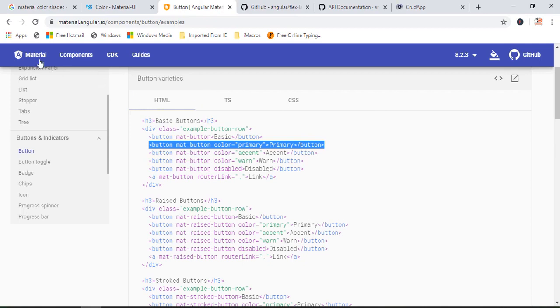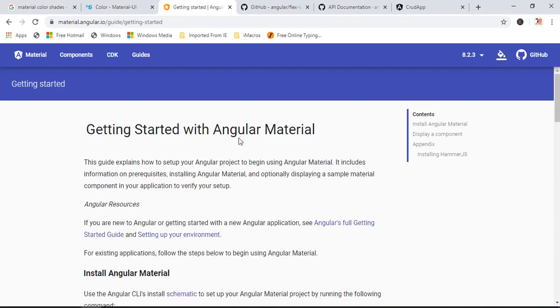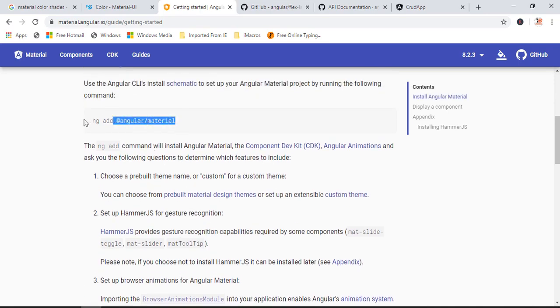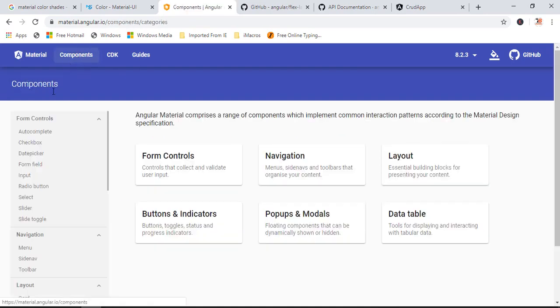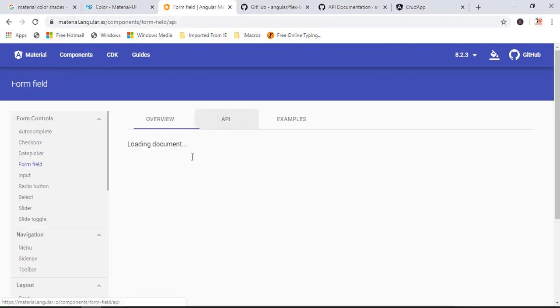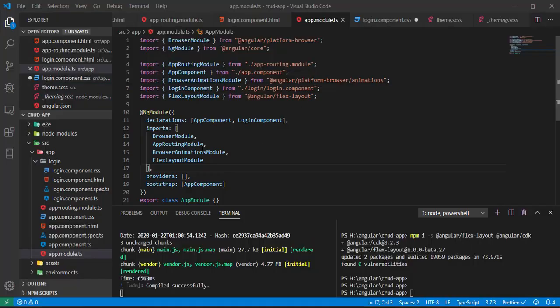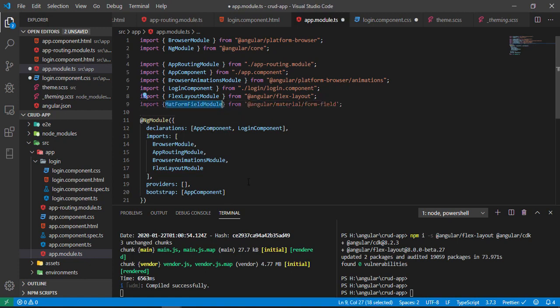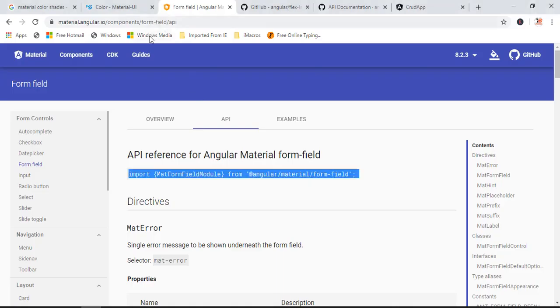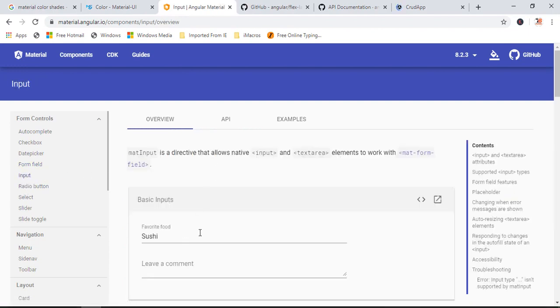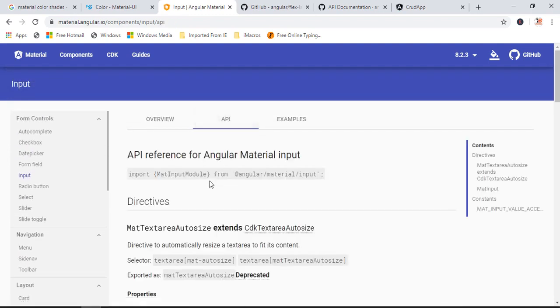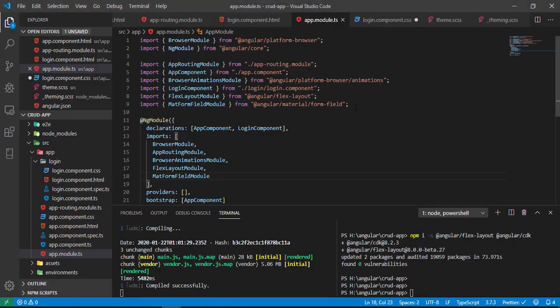Now we need a few more modules from Angular Material to design the login page. I have given the link to Angular Material, you can check it in the description. We have already installed Angular Material. Now go to the components section, click on form field, click on API and copy this module and also add it in our app.module.ts file, and also import it inside the imports array. In a similar way we also need the input module. Now here you can see the example of the form, so just copy this module as well